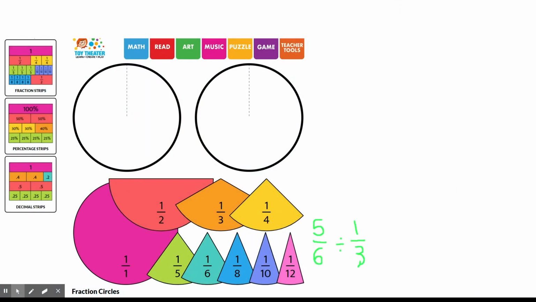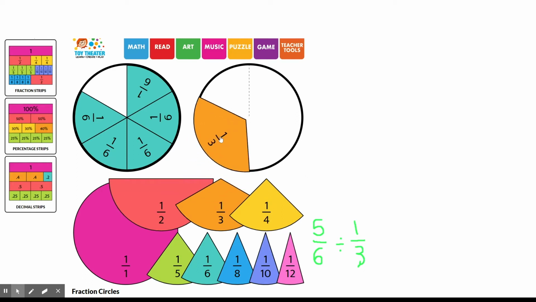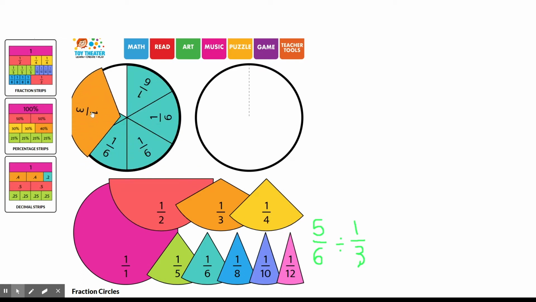How many 1/3 pieces can I make if I have 5/6? So I'm going to start with building my 5/6. Now I'm going to take my 1/3 and see how many groups of 1/3 I can make. So I can make one group, two groups, and then with my last 6, it looks like a half, but I'm going to double check that